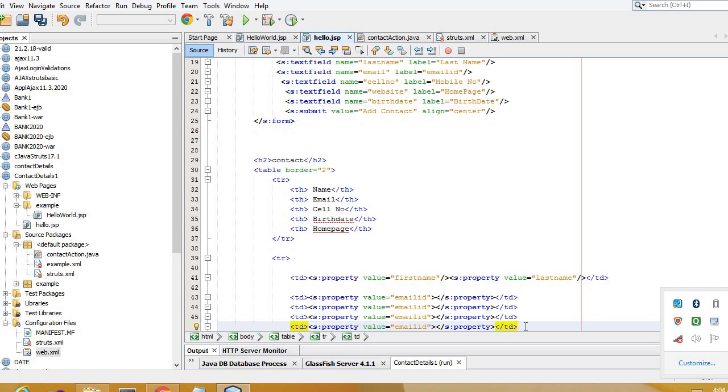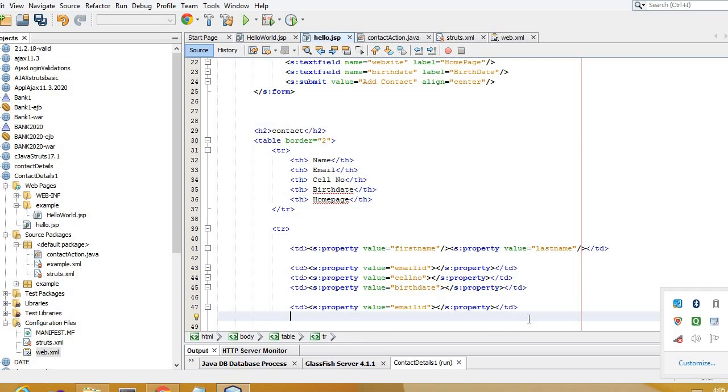Similarly, I'll just copy this. Let's check how many fields are there. First name, email ID, then we should have the cell number, then we should have the birth date, then we should have the website, right? When we click on that particular home page, it has to be redirected to that particular page.